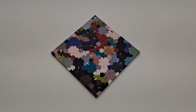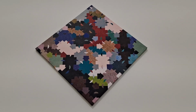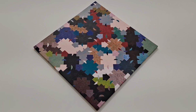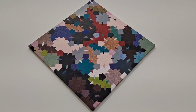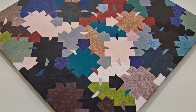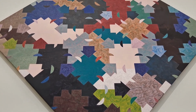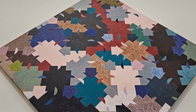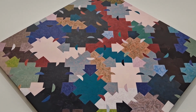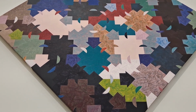Now we have The Quantum of Happiness Enjoyed by a Country's Inhabitants and the Means of Its Future Improvement. 2025, egg tempera, gesso on wood, aluminum, 45 by 45 inches. The repetitive shapes in a tessellation give way to mindless labor. That's not a bad thing, as the conceptual framework for these paintings existed well before any tool or paint was